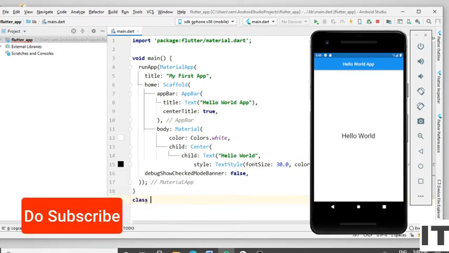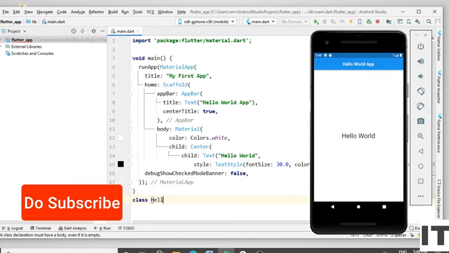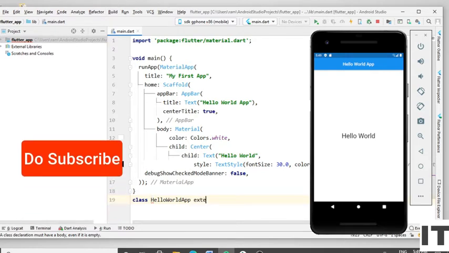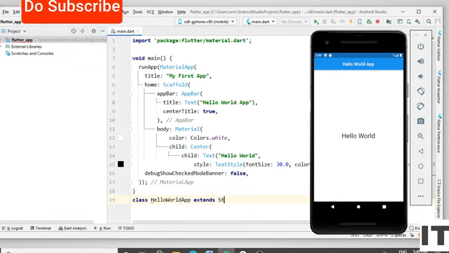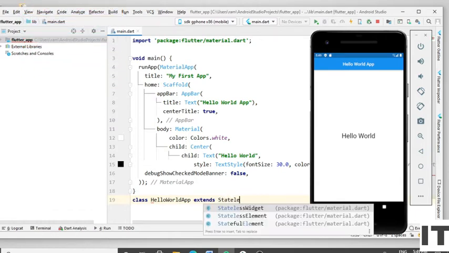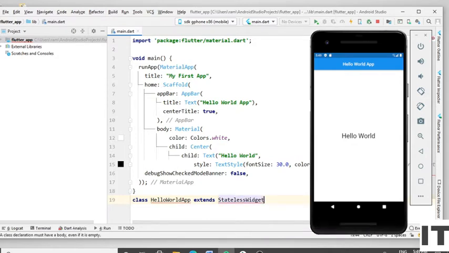Type the class, type HelloWorldApp, extend StatelessWidget. Press enter. StatelessWidget is a superclass and HelloWorldApp is a subclass.